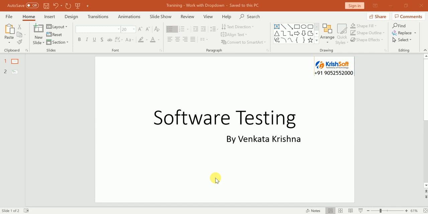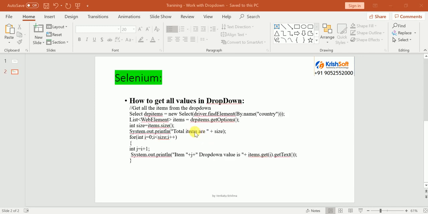Here you are going to learn some new things also, such as how to store elements in a list. List is a collection element that comes under the collection framework, where we can store a number of elements in a list and get them back one by one. We are going to learn all these things in this video. Let me enter into the video and show you some code which I have written before starting the practical part.